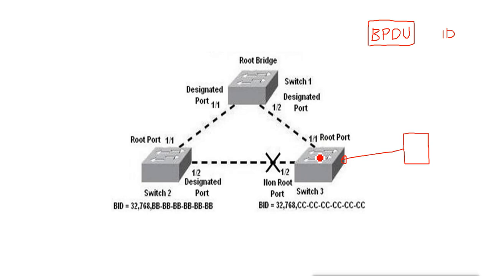Now every port, that means it will send on this port also, and this port also, whether there is a switch on the other end or not. If suppose at this end we have a PC, the PC will not reply anything. It will only drop the BPDU packet. But if there is another switch connected to the port, then the other switch will respond with a reply with its own BPDU.